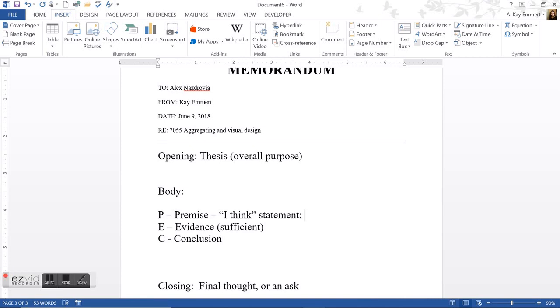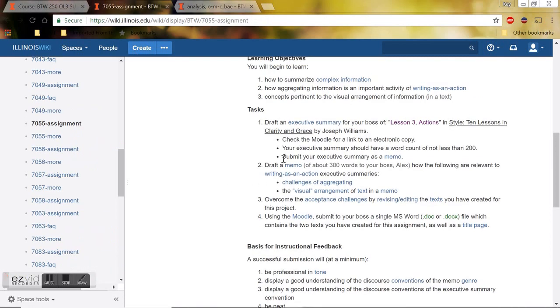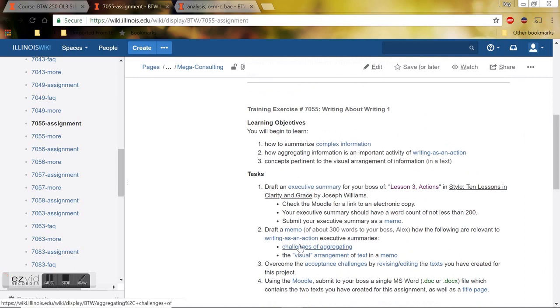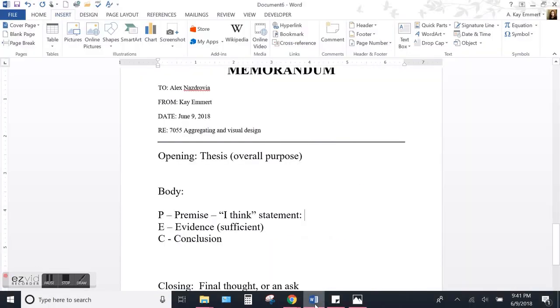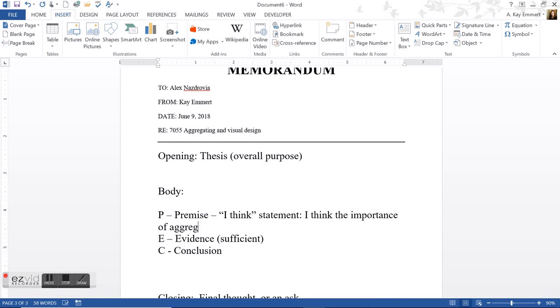So if this body paragraph is about aggregating, for example, just as a reminder, what we're supposed to be saying in this paragraph, okay, I'm supposed to talk about how aggregating is important for my executive summary of Lesson 3. So I might make a claim of saying, I